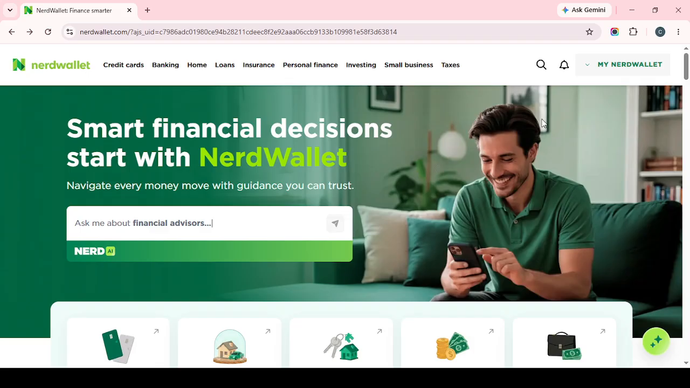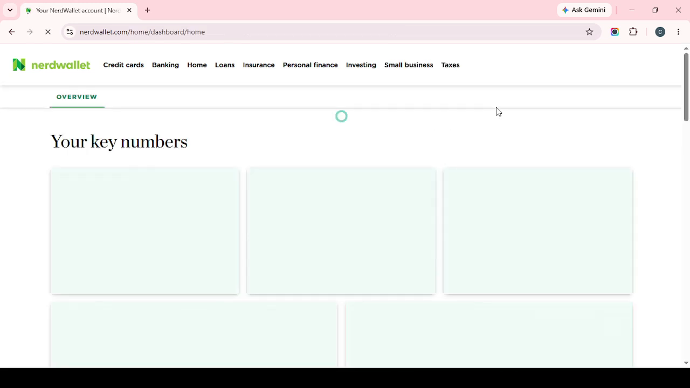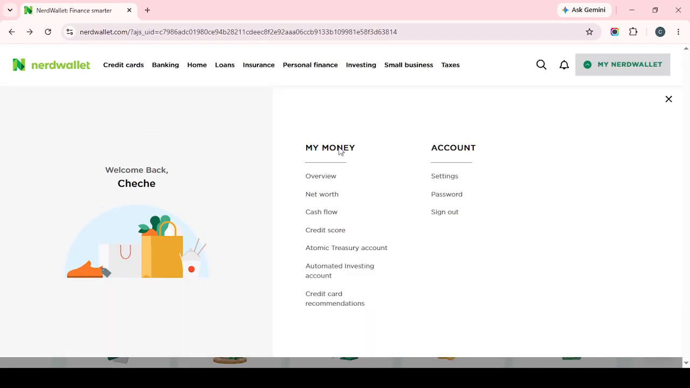Once you're inside your account, the next step is to link your financial accounts. This is what allows NerdWallet to give you a clearer picture of your overall finances. You can connect accounts such as checking, savings, credit cards, loans, and investment accounts depending on what you want to monitor. As you go through the linking process, carefully select each financial institution and follow the prompts to securely connect